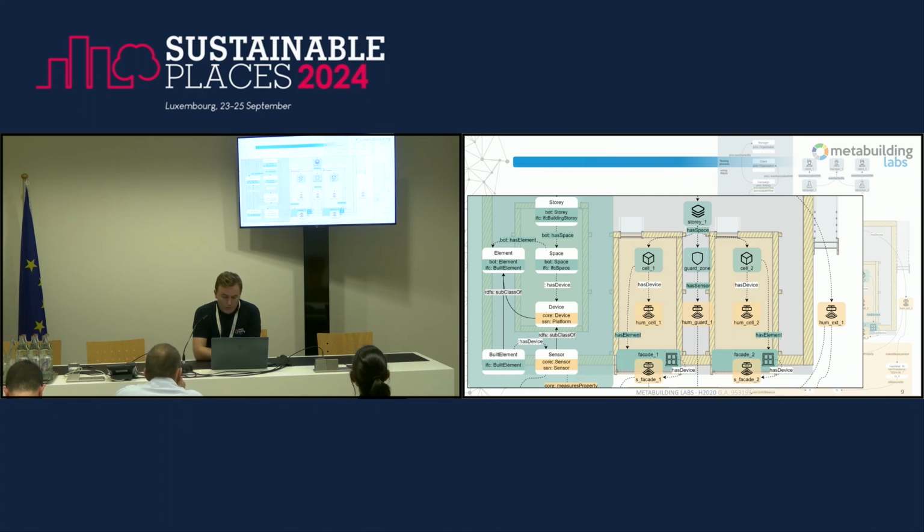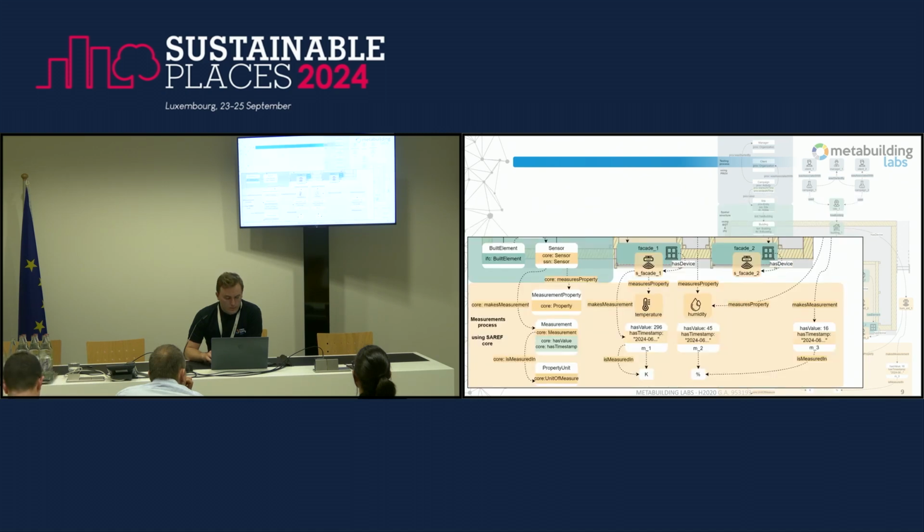So then we're going down into SAREF, which is in yellow. So we've got devices. So a device could be a sensor, an actuator, or other things. Also a device, I think it's an abstract class, and it might have multiple sensors. And the sensor, in our case, one device is one sensor. So what do you mean by one sensor? One sensor usually measures one property. One sensor measures temperature, another sensor measures humidity. If you have in your home certain devices that you can buy out of the box, it's a device with multiple sensors. It's a device that measures humidity, temperature, noise, right? And for us, it was important to distinguish between device and sensor, for example.